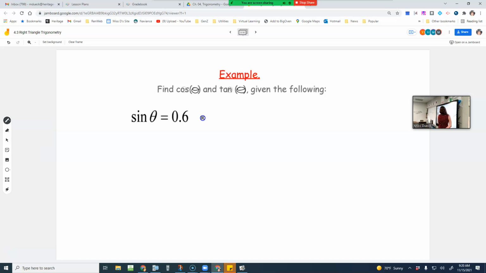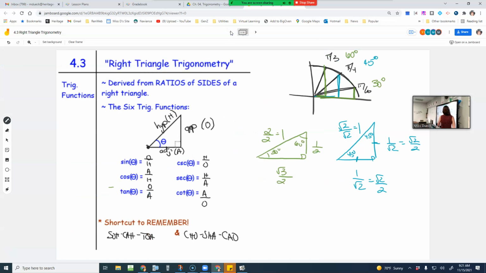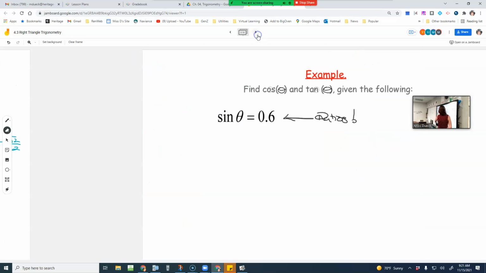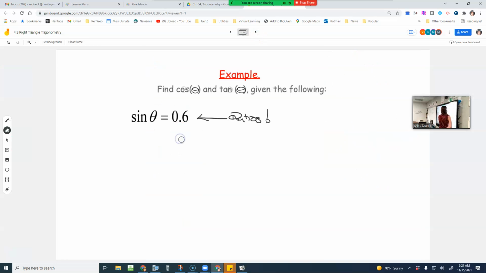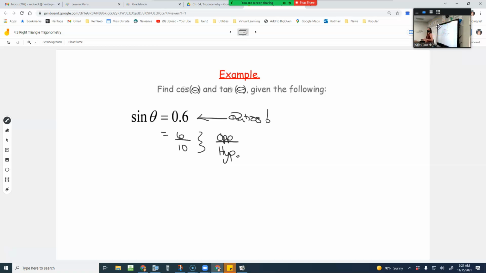Why? Because trig gives you ratios. Guys, what did you just say sine of theta was equal to? Opposite over hypotenuse of a right triangle. So can't we say in this one that 0.6, or 6 over 10, corresponds to some sort of ratio of an opposite over a hypotenuse? I don't know how big this triangle is, but I know the ratios of its sides, its opposite and its hypotenuse. So therefore I should be able to at least have a triangle similar to the actual one,